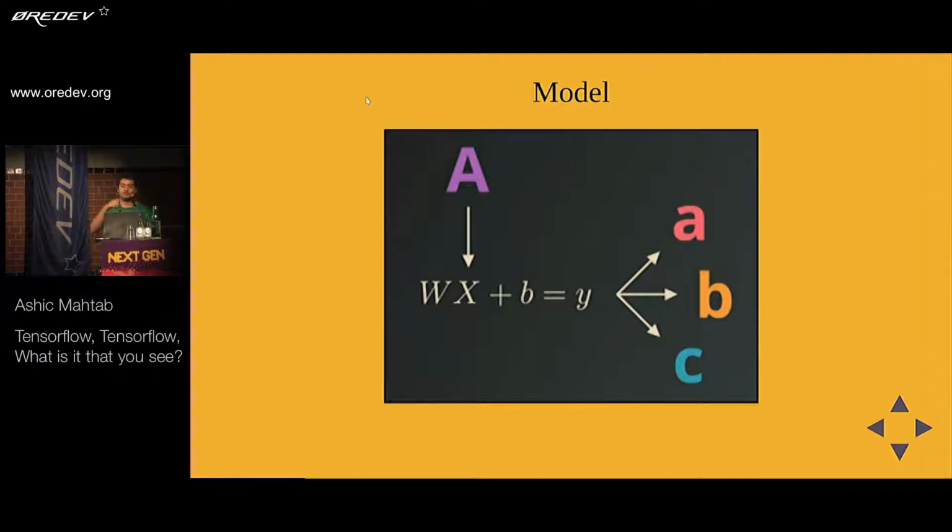And the equation for this is a very simple linear equation. You have your inputs represented by X. You have your weights represented by W. You have a bias term B, and the output is Y. Right? I mean, most people are kind of familiar with this type of equation. It's an equation for a straight line.